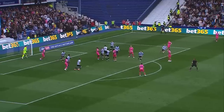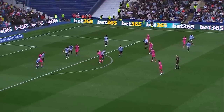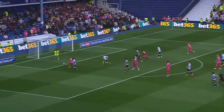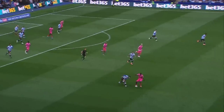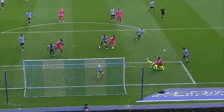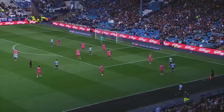A long throw again goes into our box. It's nodded away. A good header there from Michael Heckway, but again it's going to be turned back towards our area. That was Windass this time getting in front of the ball and getting something on it, but still not fully clearing our lines, and it might just come through for an opportunity. Saved brilliantly there from James Beadle. Made himself so big as Albion threatened to go through and pull one back. The goalkeeper looked to be second best really to it, but he spread himself, made himself nice and big,